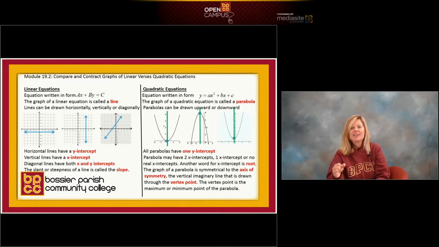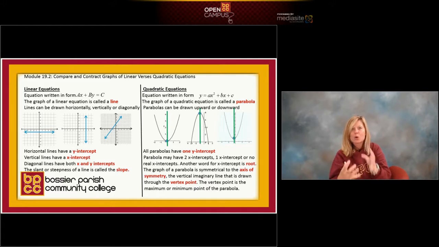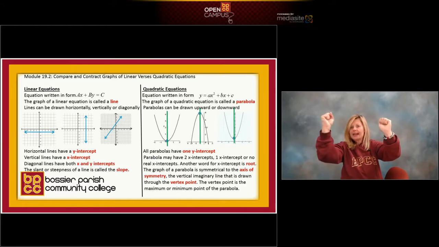Every parabola will have an axis of symmetry. Axis means line and symmetry means the same. So that means through every parabola you could draw a line that will cut it so it looks the same. In your diagram it's drawn in green ink. That line that's drawn straight down the middle, going right through the vertex point, is called the axis of symmetry. It will show the left side of the parabola looks identical to the right side of the parabola. And that's what you want. Because when you go to plot a point on the left, it better have a buddy on the right to match up, to be symmetrical.